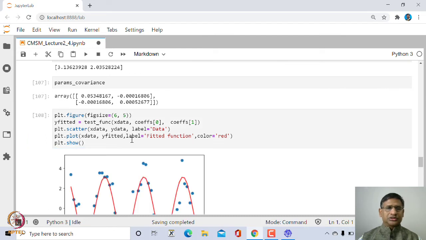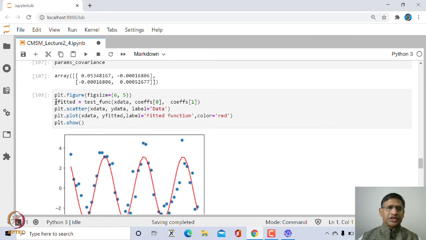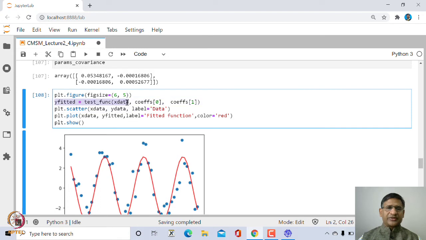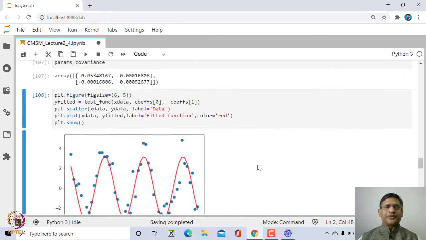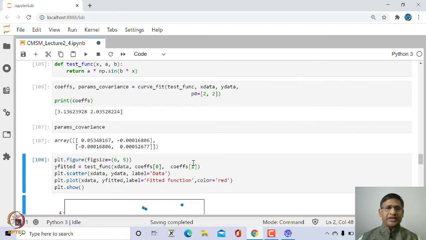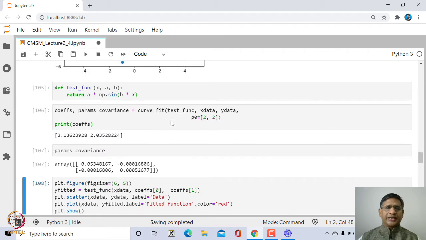So you are just using y fitted is equal to test function and x data, and the coefficients you are mentioning are coefficient 0 which is a value, coefficient 1 which is b value, and then scatter plot, and then this color is red, right. So this is how you can fit a curve. Instead of a times sin bx, you could use, for example, quadratic, or you can use any other function.